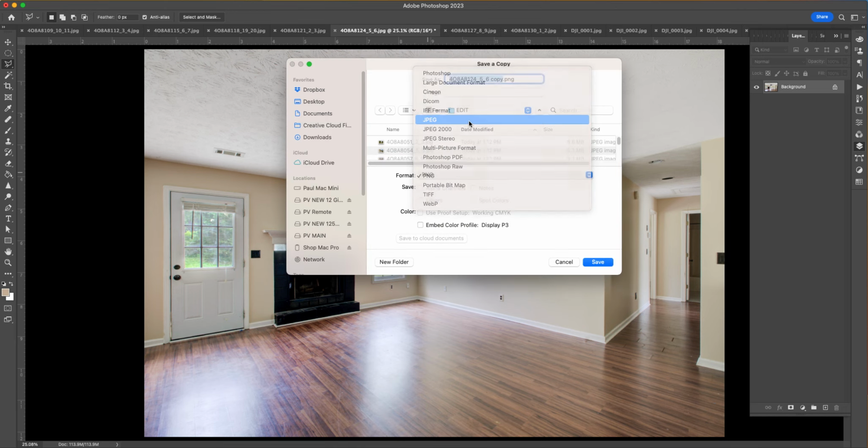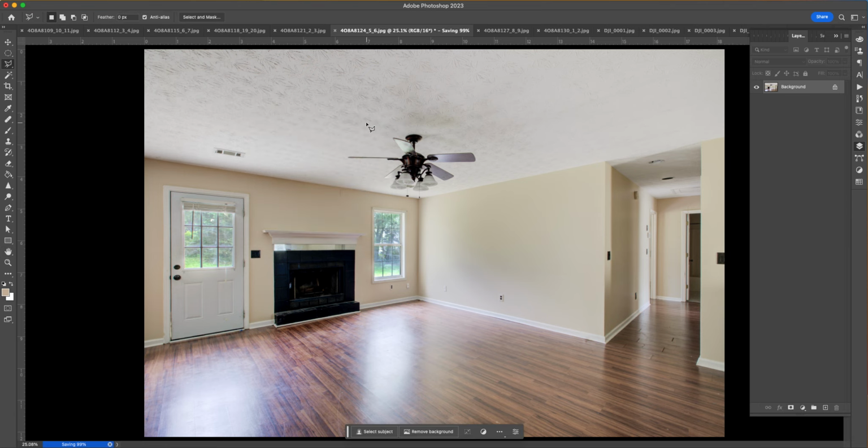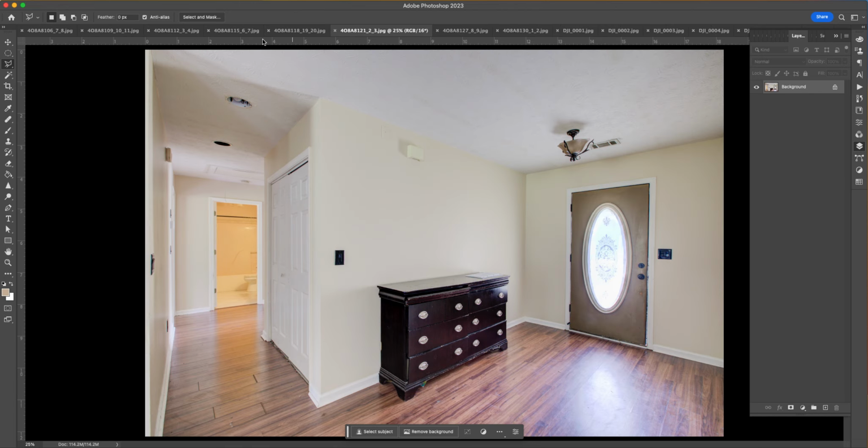So let's go ahead and save this one. Take that copy out. I don't know why it keeps wanting to do that. I just wish it would let me save, and why the default is not right. So there we go. So do not save. But